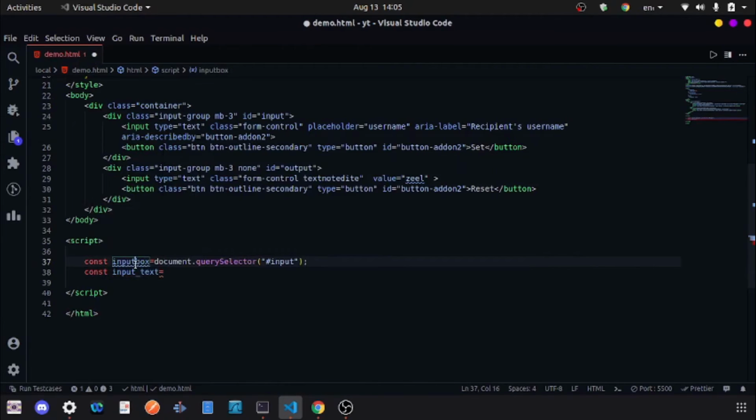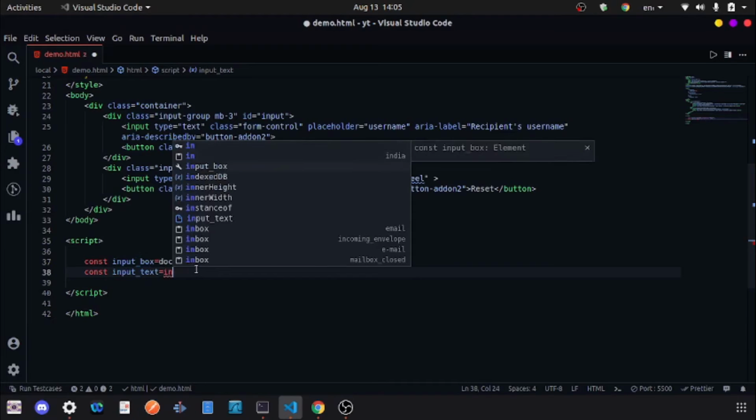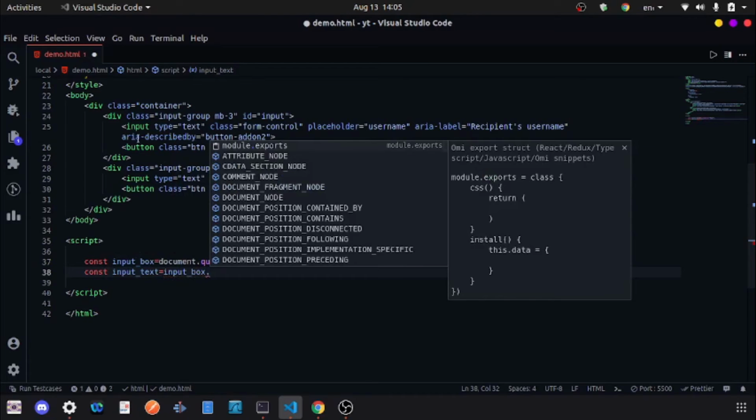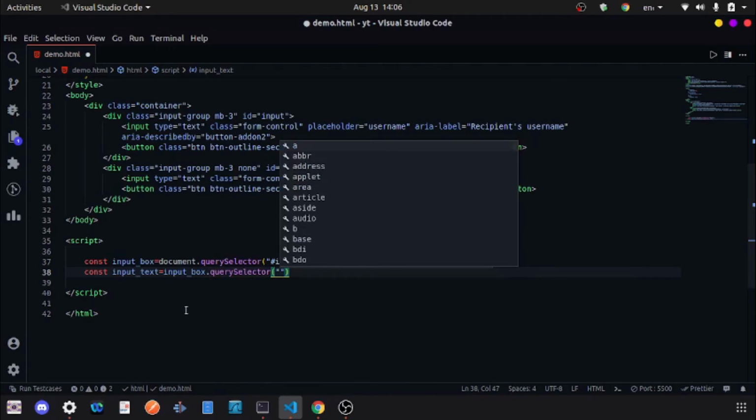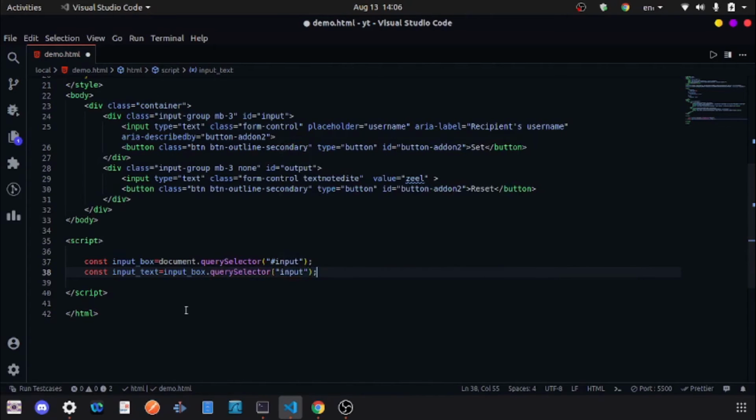It's like nesting in the input box, we require input. So we type querySelector and input, and likewise the same for the output box.